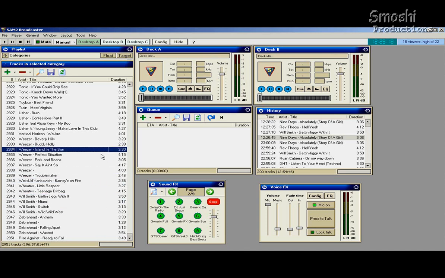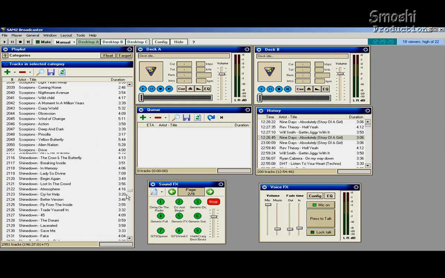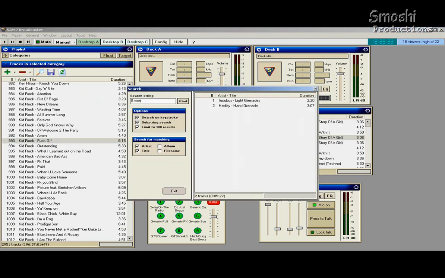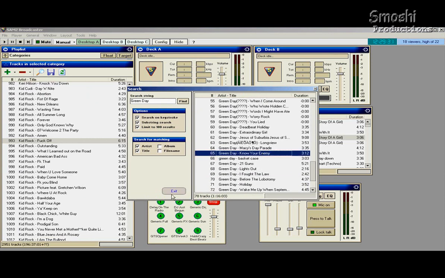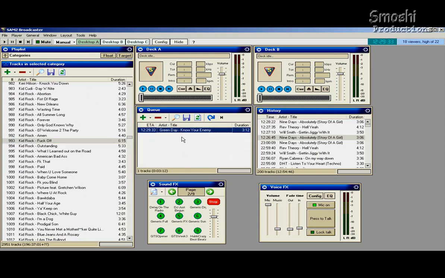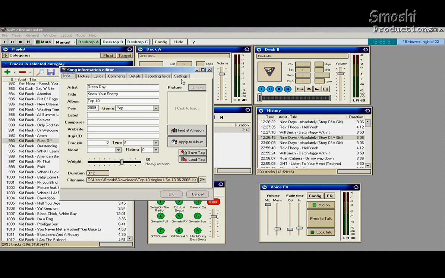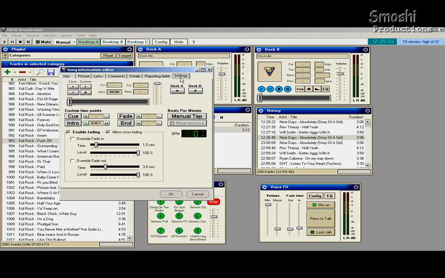One specific thing, and the main reason why I'm making this tutorial on tips on how to DJ, is one perfect example. One example I'm going to be using, which I've already made, is the song Green Day, Know Your Enemy. Say for example, I want to play this, but I want to know when the lyrics start, when they start singing, so I know when to cut my microphone off to continue with the music instead of talking over the lyrics. How you do this is you would right click on the song, go to song info, and click over to settings, and right here,